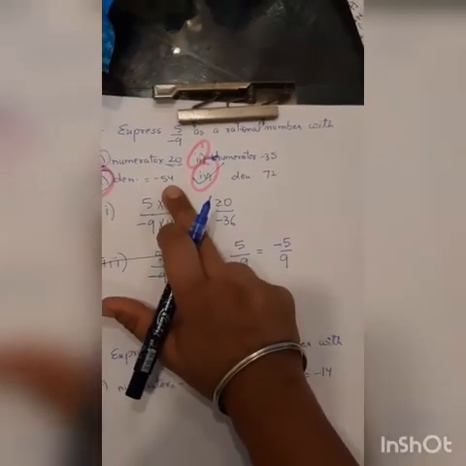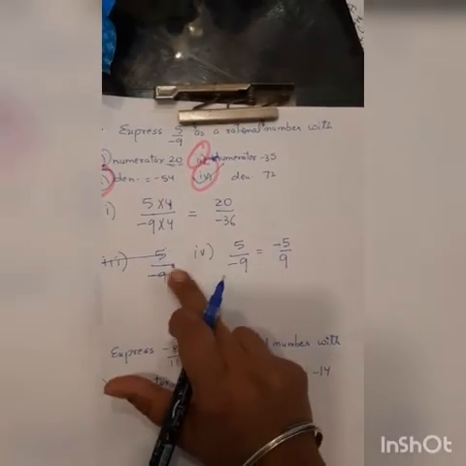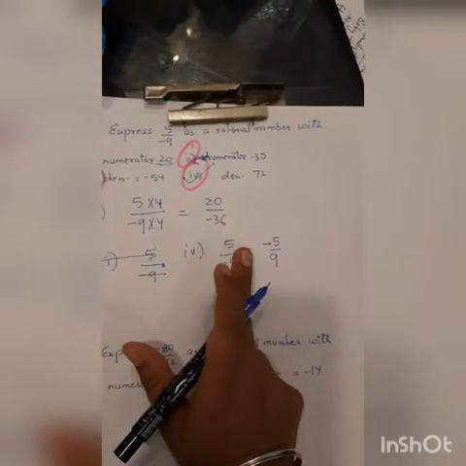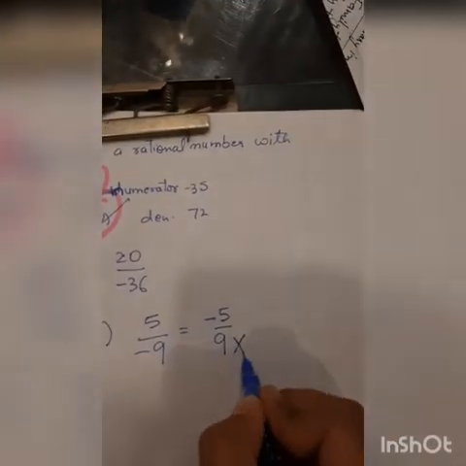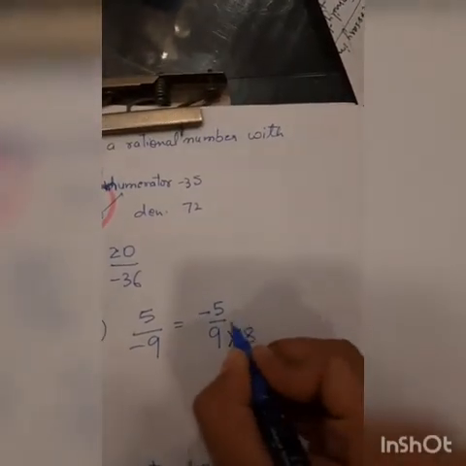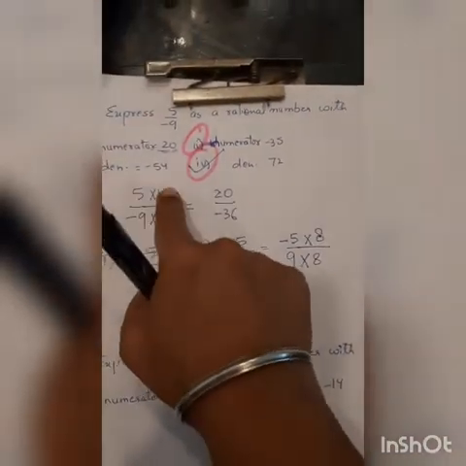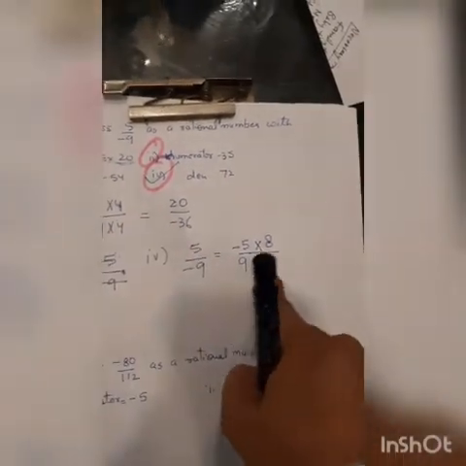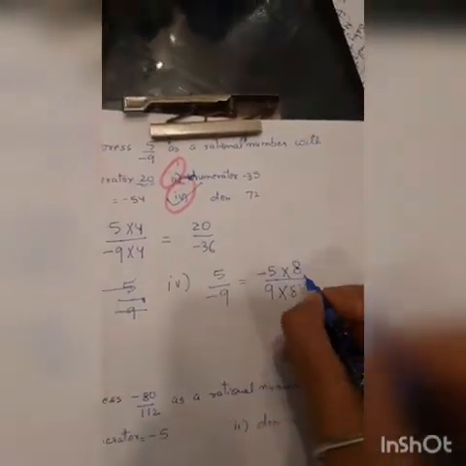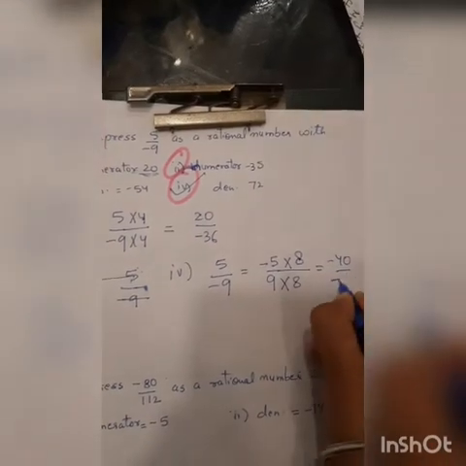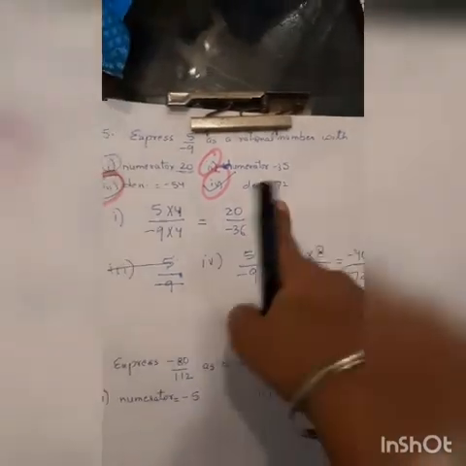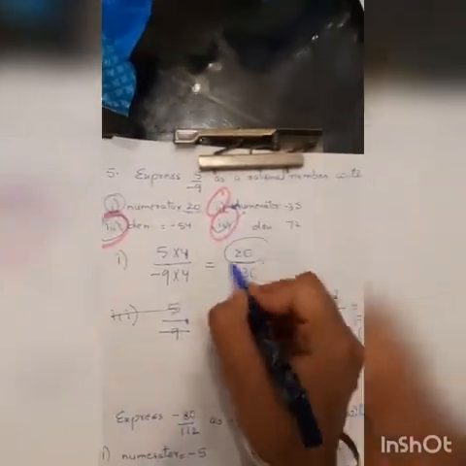Okay. अगर बच्चे माइनस 54 होता है तो आपको पता है आपको सिर्फ किससे मल्टीप्लाई करना है, you will get the answer in minus only. But अगर उन्हें आंसर पॉजिटिव में चाहिए, I should shift the minus sign up. And I know when can the denominator become 72 if I multiply this with the 8. Likewise, if I am multiplying a denominator with 8, I have to also multiply the numerator with 8. Here we have multiplied the numerator first, then denominator. Here we are multiplying the denominator first, then the numerator. My answer will come minus 40 upon 72. So I got my denominator as 72. Here I got my numerator as 20.